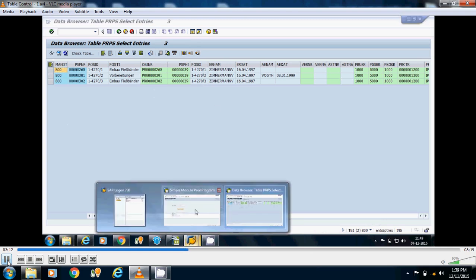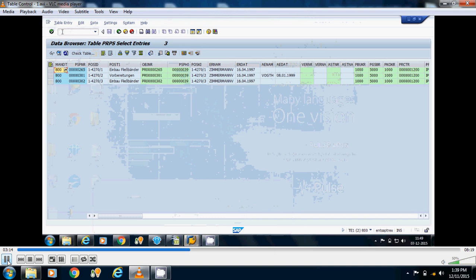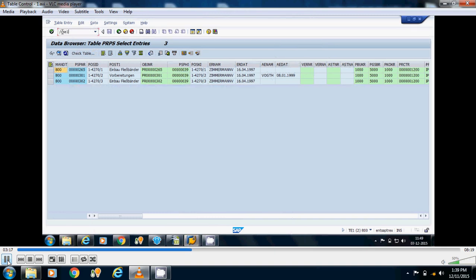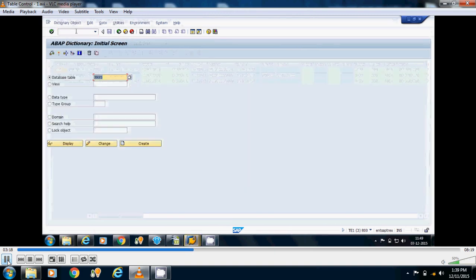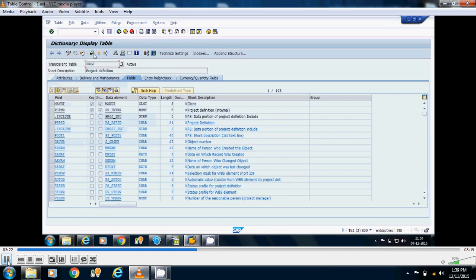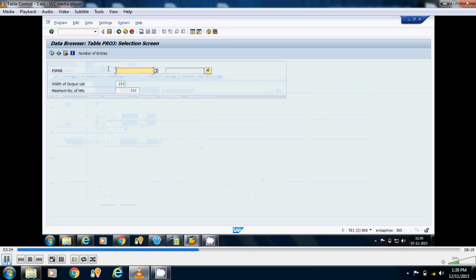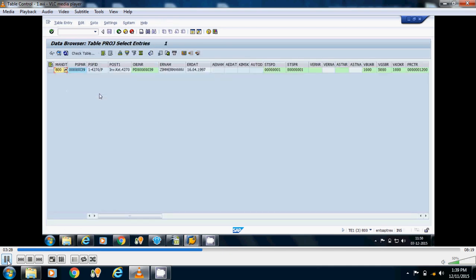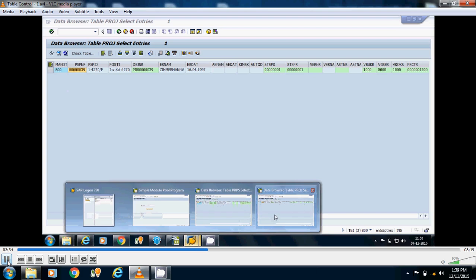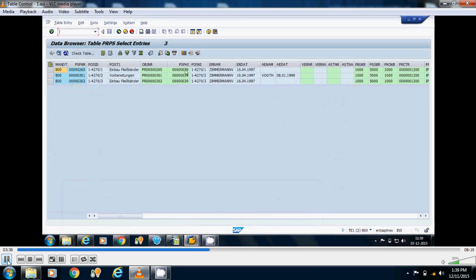If we see the relationship of these two tables, PROJ and PRPS, PSPNR of the PROJ table is equal to PSPHI of the PRPS table.